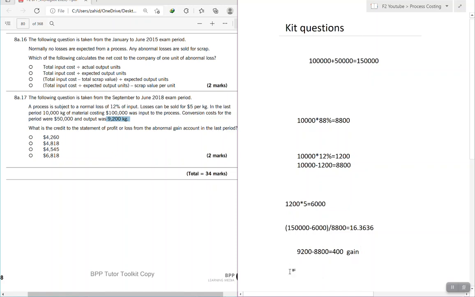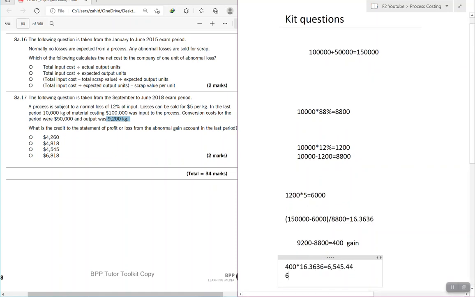Remember, normal gain, abnormal loss, and output are valued the same. It means this 400 would be valued at 16.3636, which means